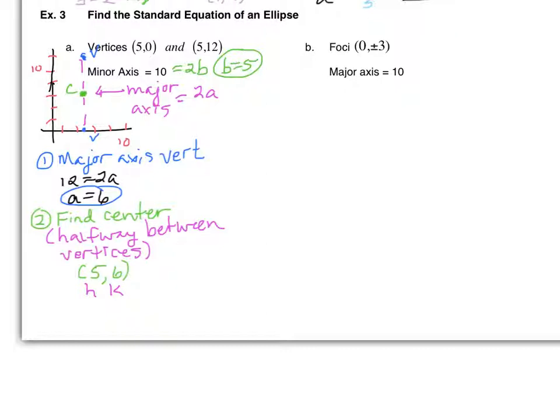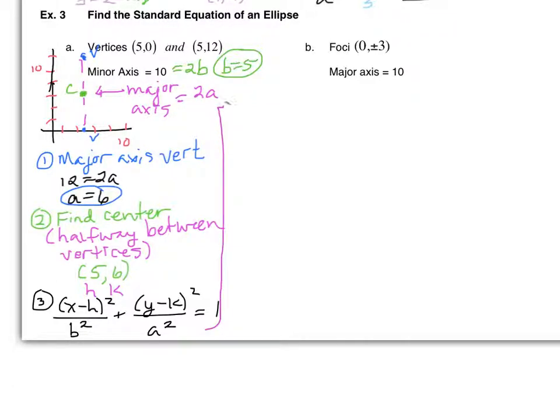So I know that I'm going to use the following formula. x minus h squared, and then y minus k squared. Since my major axis is vertical, I know that my a squared goes underneath the y squared binomial because it's got to go vertical, and the direction of the y-axis is vertical. So then the b squared is underneath the x, and then it is equal to 1. So then we're going to just plug in from here. I'm going to move this up here. I'm just going to plug in my values. I'm going to use a template. x minus h squared over